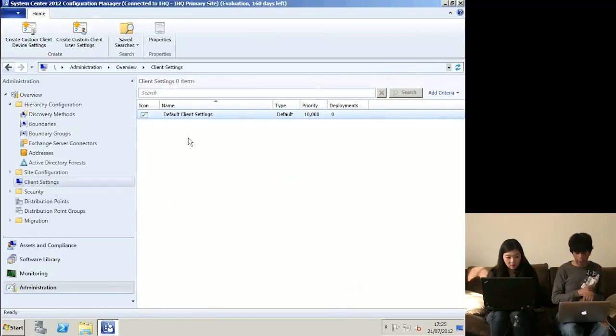The other change you've got here is, notice that we've got default client settings. You can only have client settings per site in Config Manager 2000. Oh no, you can do it per collection to a certain extent. So I'm a little bit wrong here. It's done